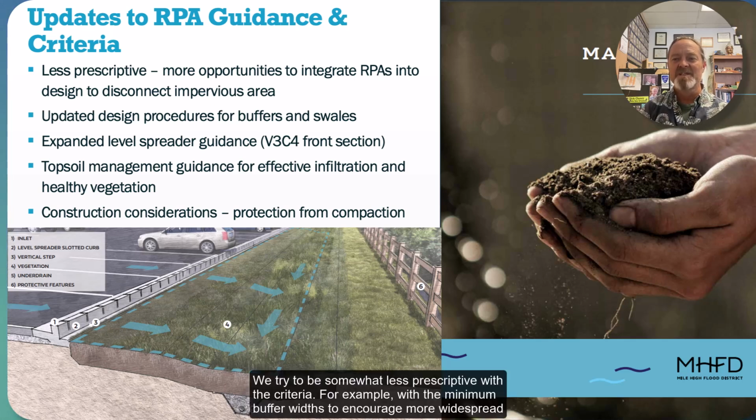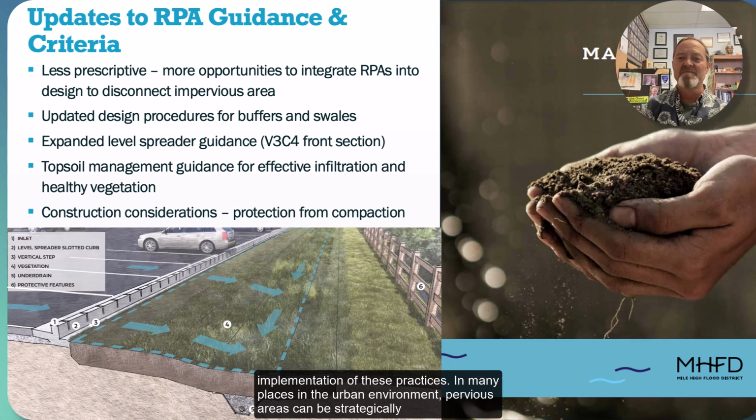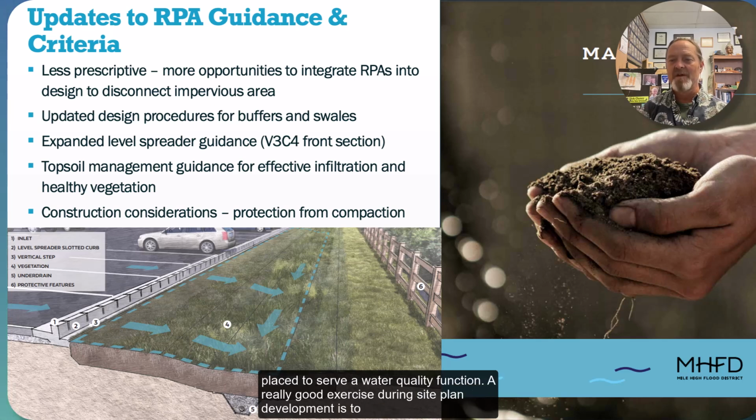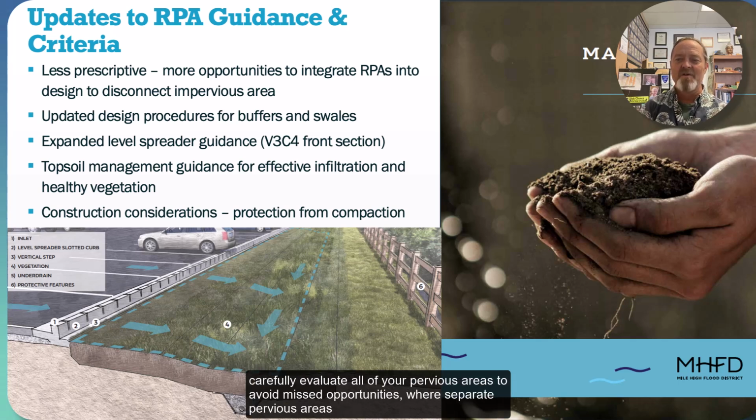We tried to be somewhat less prescriptive with the criteria, for example, with the minimum buffer widths, to encourage more widespread implementation of these practices. In many places in the urban environment, pervious areas can be strategically placed to serve a water quality function. A really good exercise during site plan development is to carefully evaluate all of your pervious areas to avoid missed opportunities where separate pervious areas that do not receive runoff from impervious areas can instead be lowered and turned into